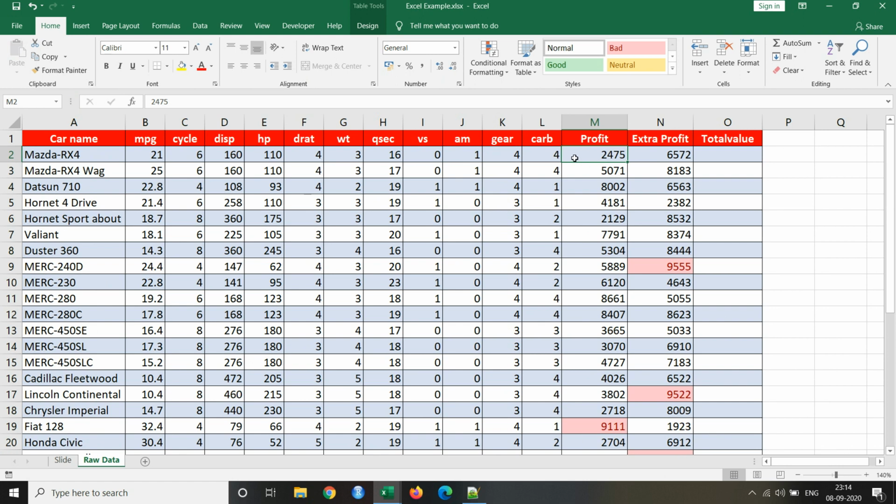The data reflects how much profit we made on each and every car and what the extra profit was based on the modifications, right? Now we need to get the summation of these two so that we can say what our actual or total profit is.